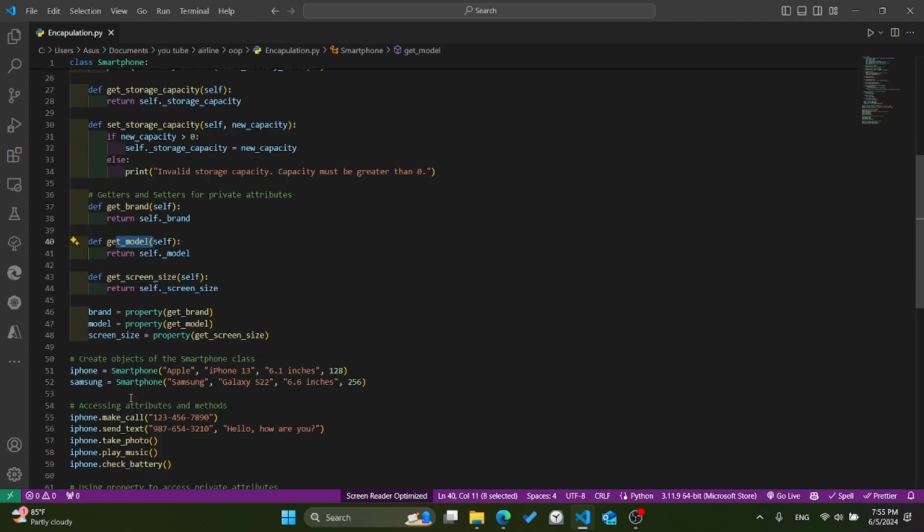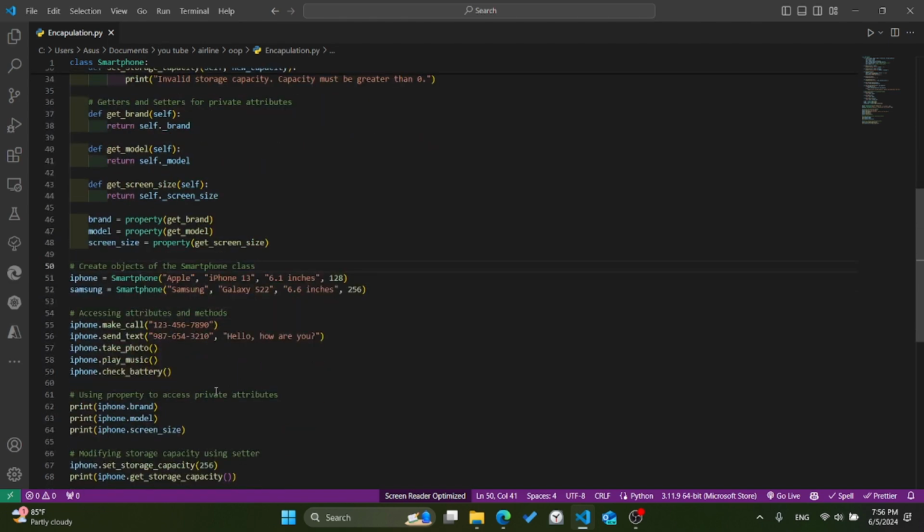We create two smartphone objects, iPhone and Samsung, of the class with their specific details. We called methods like make call, send text, take photo, and play music on the objects to simulate smartphone functionality. We use the check battery method